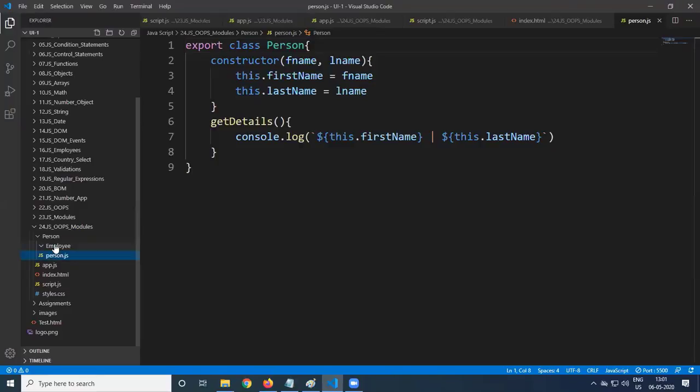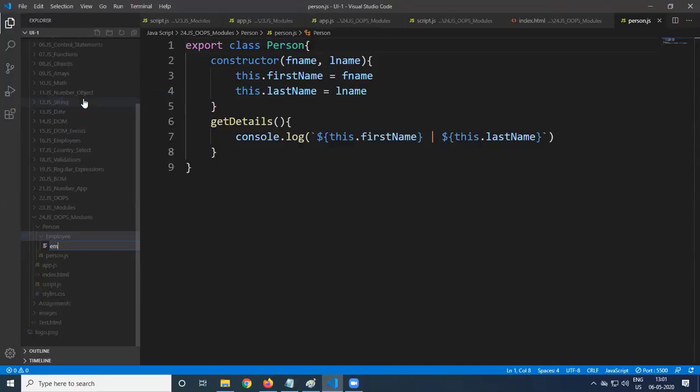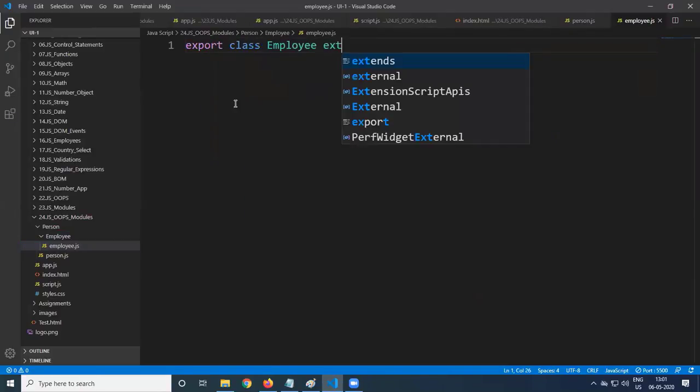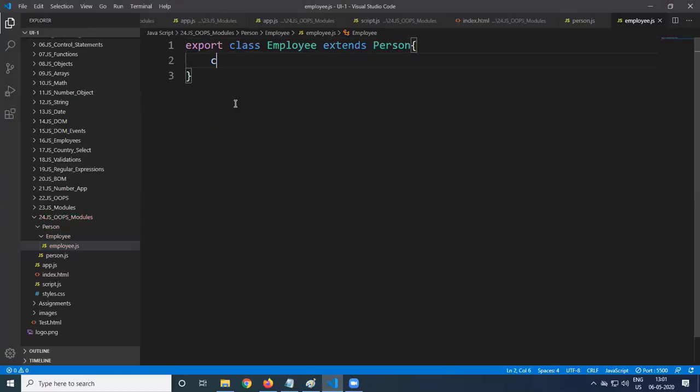Then inside this employee, we will create a new file with the name of employee.js. So this employee.js is also to be exported: class Employee extends Person. So we got the constructor: first name.